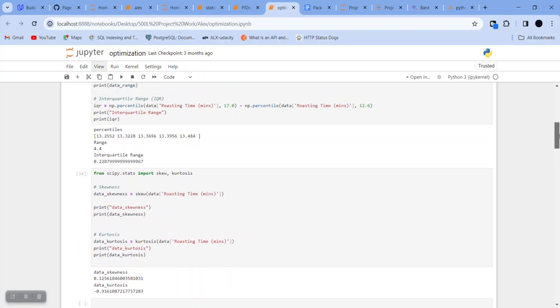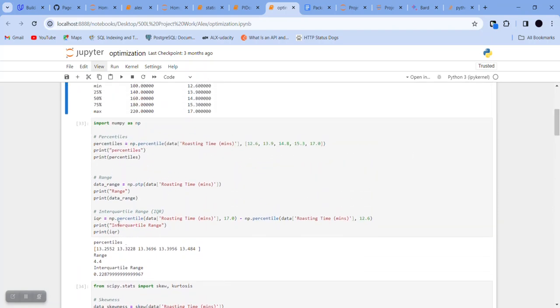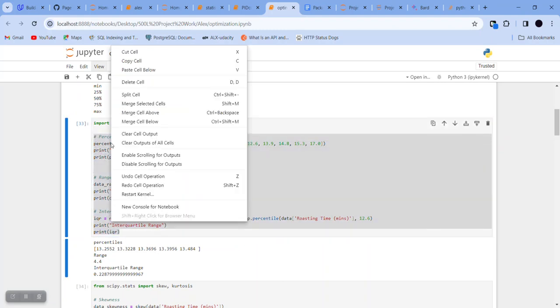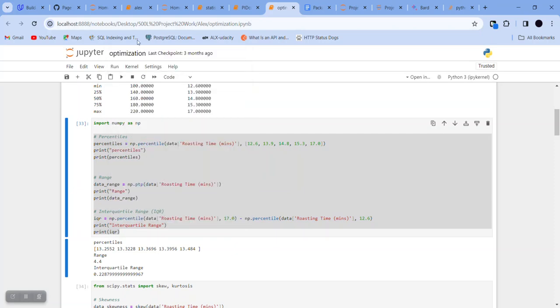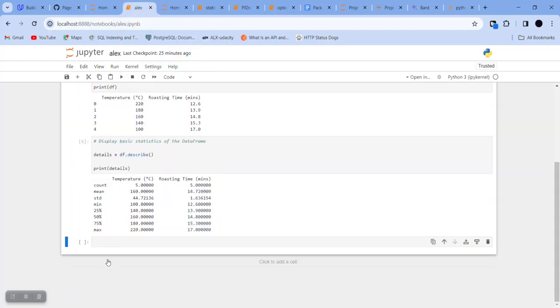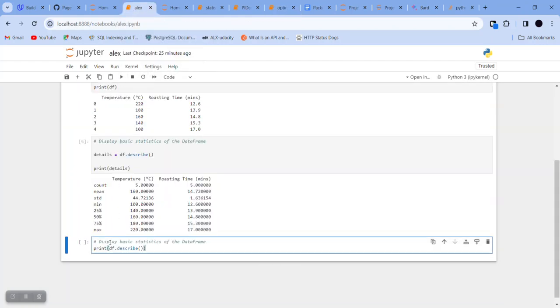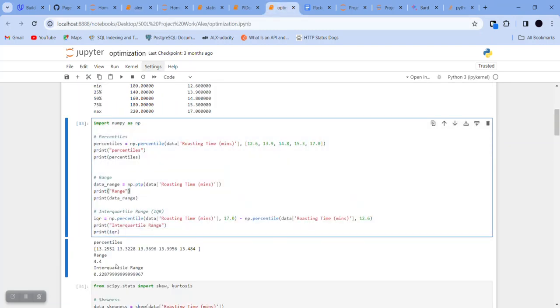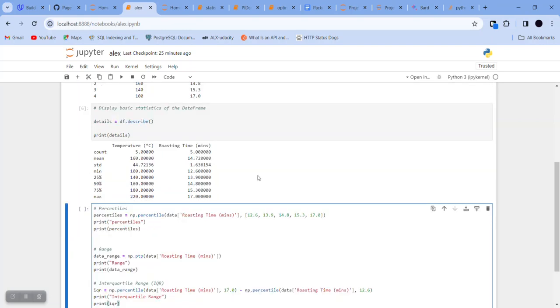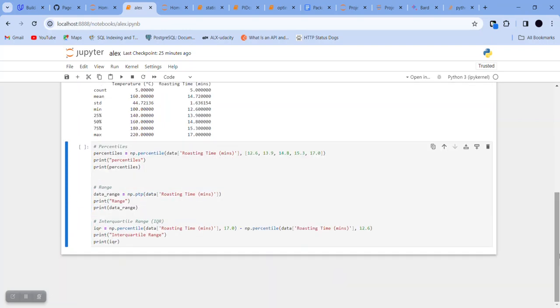So the first code I want to copy is this guy. I want to copy this guy, and come here and paste it. Oh, that didn't work out. Let me copy it again. To copy, simply do Ctrl C. When you highlight what you want to copy, simply do Ctrl C, and that will copy for you. Okay. So once you've done that,